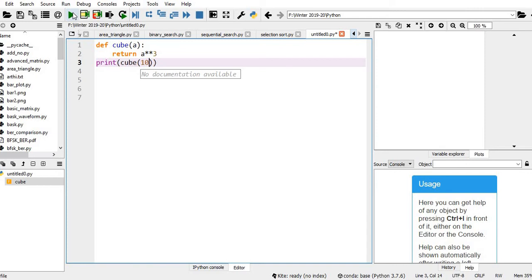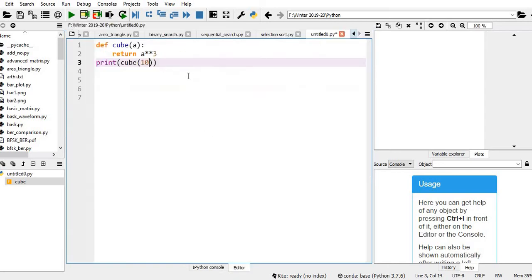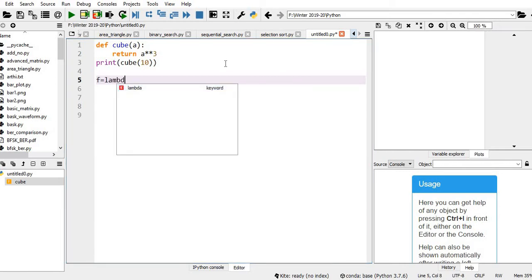You execute this and we just see here we are getting 1000 as the answer. Let me do it with the lambda function. f is equal to lambda. Once you type lambda, you see the color is changing. The input is a, and the expression is a cube.